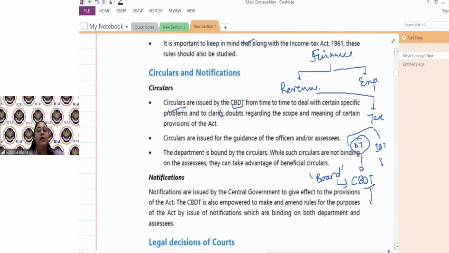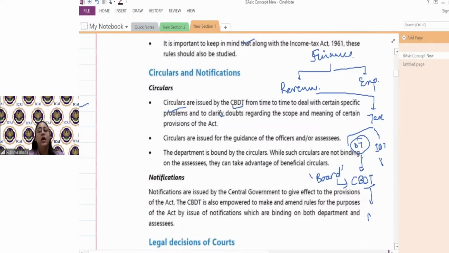अब CBDT के अंडर आता है इनकम टैक्स डिपार्टमेंट. इनकम टैक्स डिपार्टमेंट में डिफरेंट अथॉरिटीज आर देयर, डिफरेंट लेवल्स. ठीक है. सो CBDT गिव्स द क्लैरिफिकेशंस थ्रू सर्कुलर्स. नोटिफिकेशन, सर्कुलर्स मतलब क्लैरिफिकेशंस. कुछ गाइडेंस हो सकता है, हाउ डू यू कंप्यूट अ थिंग, कुछ क्लैरिटी हो सकता है, कुछ एम्बिग्यूटी, कुछ कंफ्यूजन होगा, उसको हटाने के लिए देयर आर सर्कुलर्स.